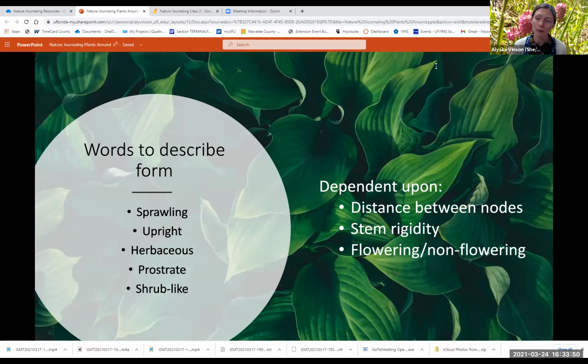Right. And last week we talked about one of the health benefits of nature journaling, which is to protect memory and to encourage exercising the elasticity of our brains. And so I just wanted to quickly talk about what determines the form a plant takes. There are a few things specific to the plant that are going to determine this shape, this form that they take. And one of those is the distance between nodes. And what a node is, if you look at a